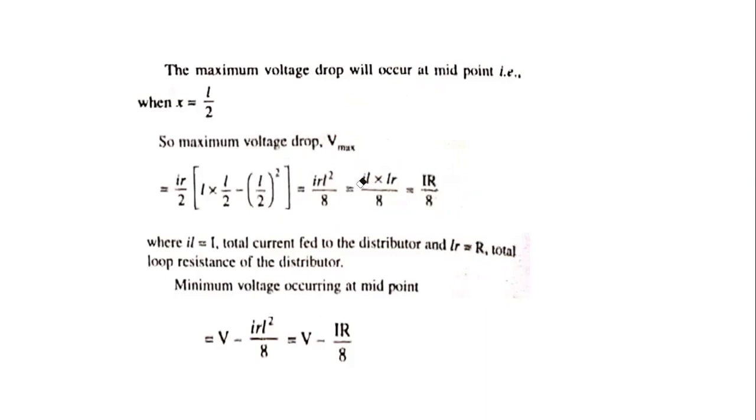Then it can be written as IL into LR by 8. Therefore we can consider IL as the capital I, and LR will be considered as capital R. Therefore that is I into R by 8. Here IL is equal to I, that is the total current fed to the distributor. Then LR is equal to R, that is the